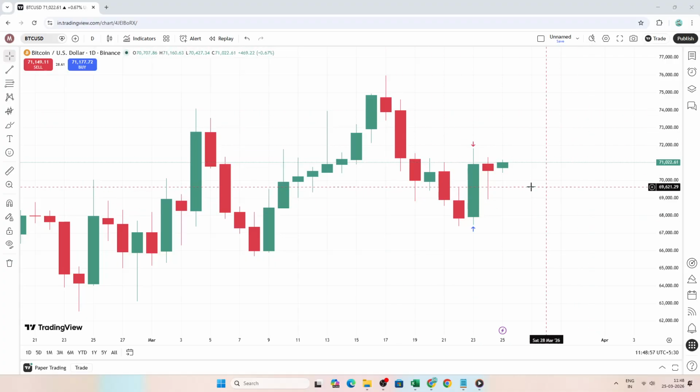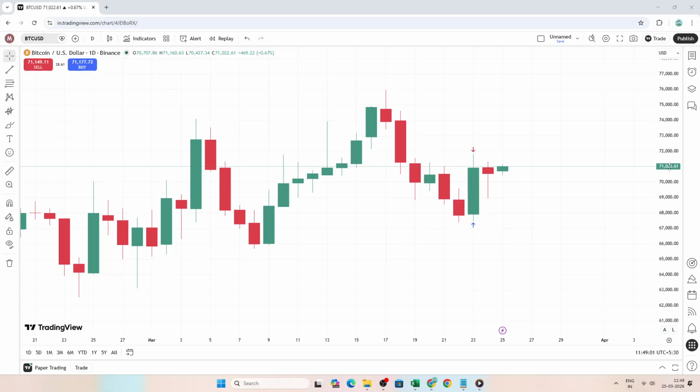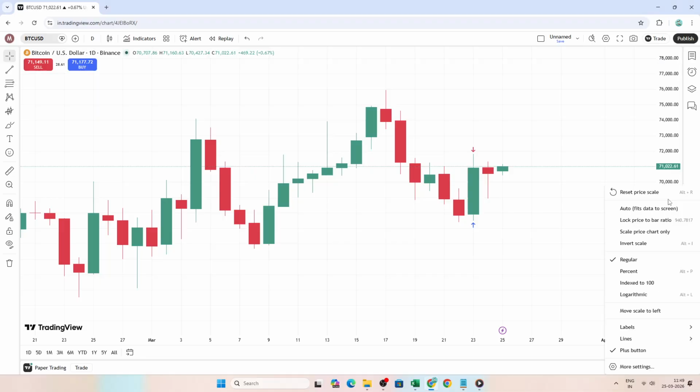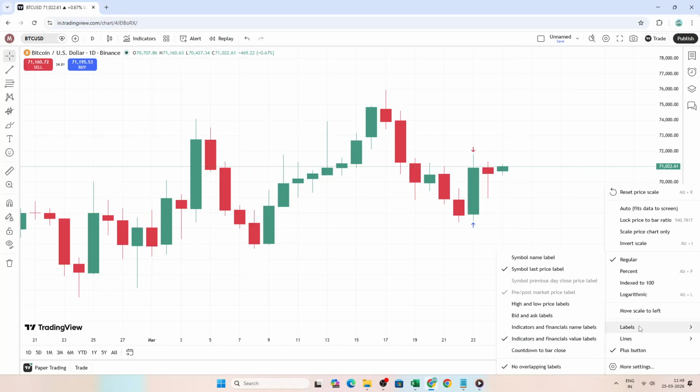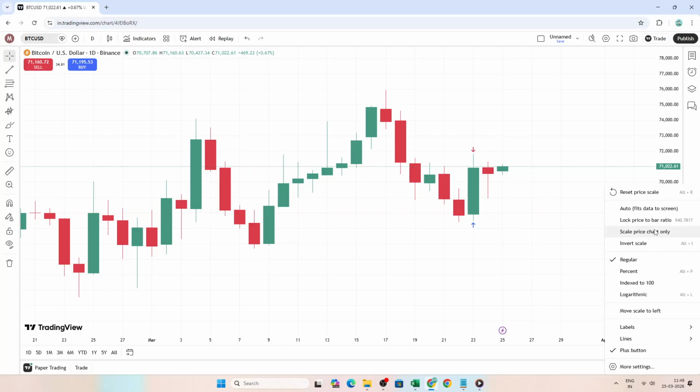Next, move your cursor to the vertical price scale on the right side of the chart. This is the column that shows the price levels. Right-click directly on that price scale. If you are using a trackpad, a two-finger click works the same way, and on devices with a single-button mouse, holding the Control key while clicking performs a right-click. It's important that you click on the price scale itself, not on the candles or background, so you open the